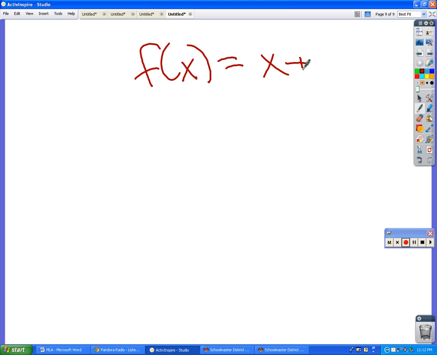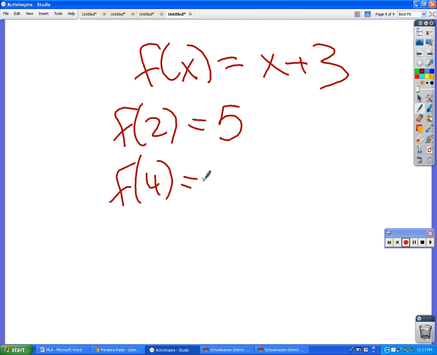So f of x equals x plus 3, that just is an equation. It depends on what they want you to do. Can you make one up really quick? Okay, so if f of x equals x plus 3, find f of 2. That means since I replaced the x with the 2, I have to replace this x with the 2. 2 plus 3 is 5, so f of 2 is 5. Okay? What's f of 4? 7. Right, okay, you got it? Yeah. That's pretty much all they're doing there with the f of x and stuff. All right, make sure